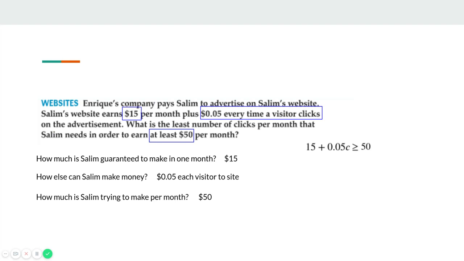Now that we have that inequality, we can go in and solve and figure out the bare minimum clicks that he needs to have on this advertisement. So we'll subtract 15 from both sides. We'll end up with 0.05c greater than or equal to 35, which will cause us to divide both sides by 0.05. And we're going to come out to c is greater than or equal to 700. So what we found out is that